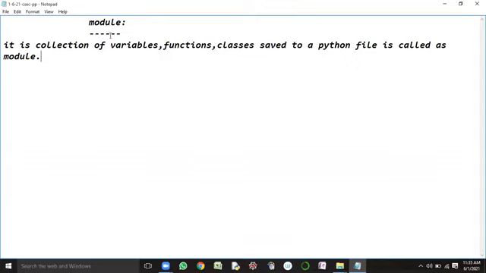So what is a module? A module is nothing but a collection of variables, functions, classes saved to a Python file. What can I conclude? Every Python file is considered as a module.